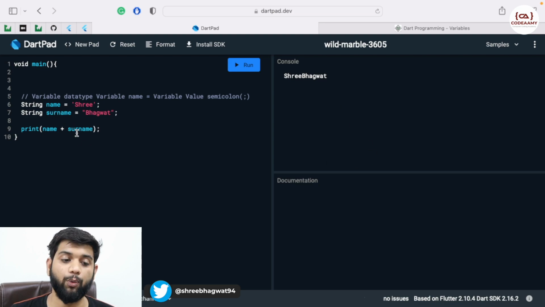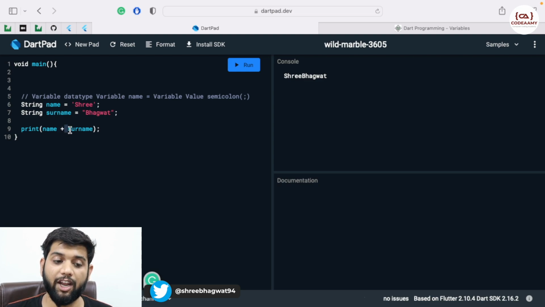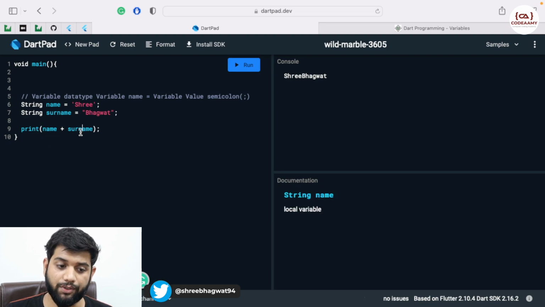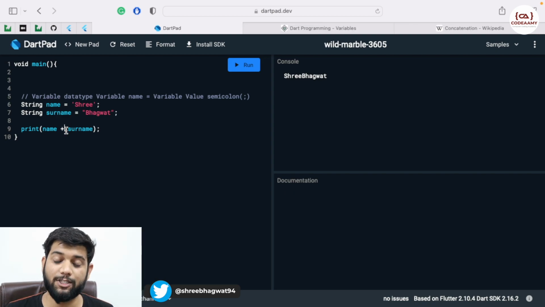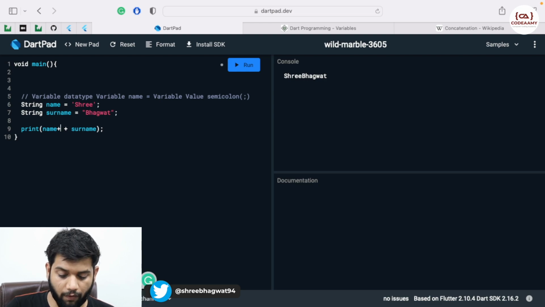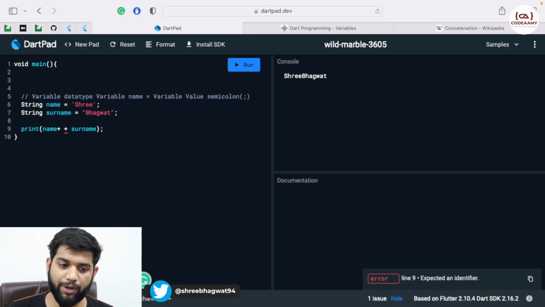There is no space in between. Why? Because these white spaces are ignored when they are with variable and outside the string value. Okay, white spaces are ignored when they are outside the string value. Okay, so to get the white spaces, what I will do is I will string interpolate them and remove this plus sign. Now this plus sign is called as addition of string. Over here addition means it sticks two string part together. Let's see if you want to add space over here. So what you can do is you can give one more plus sign, that is called as another adding a string, and just add a normal space.